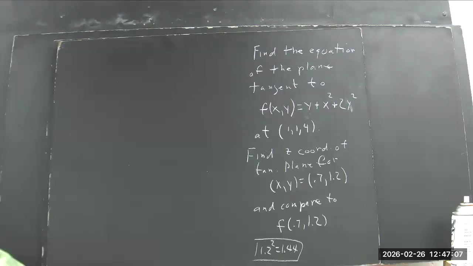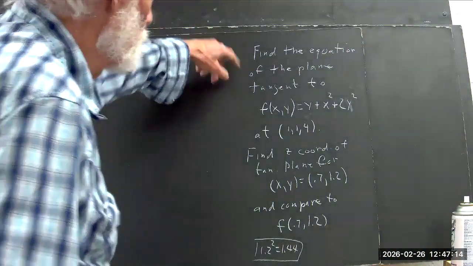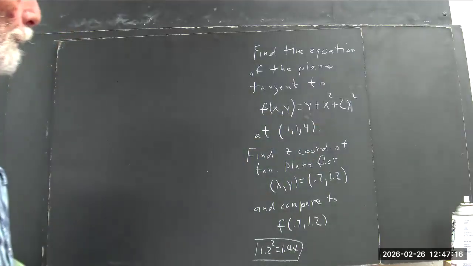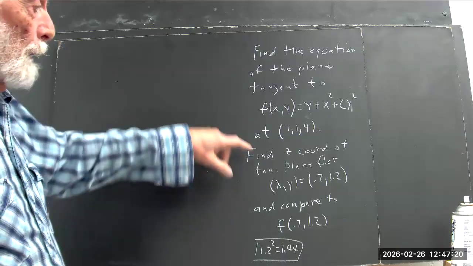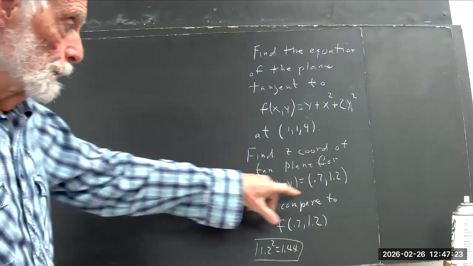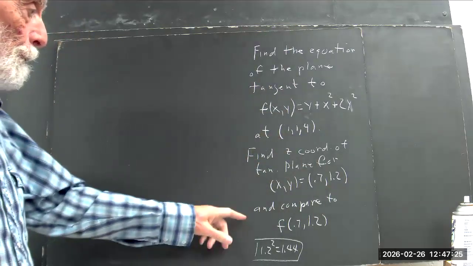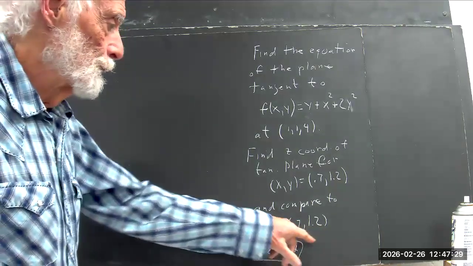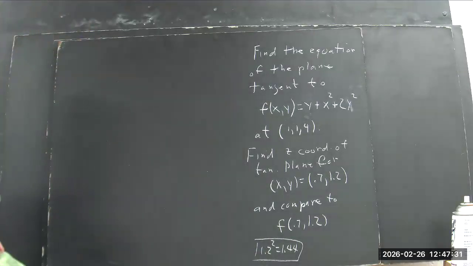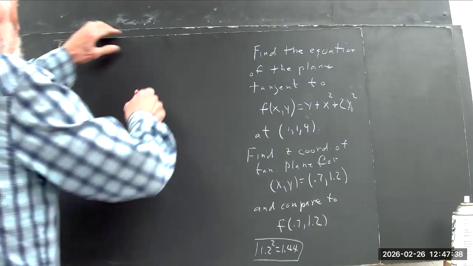Okay, well, we had this quiz here. We want to find the equation of the tangent plane for this function at the point (1, 1, 4). And then you want to find the z-coordinate of the tangent plane for a given x and y and compare it to the function value at that same x and y value. Now, the whole principle here is that the tangent plane